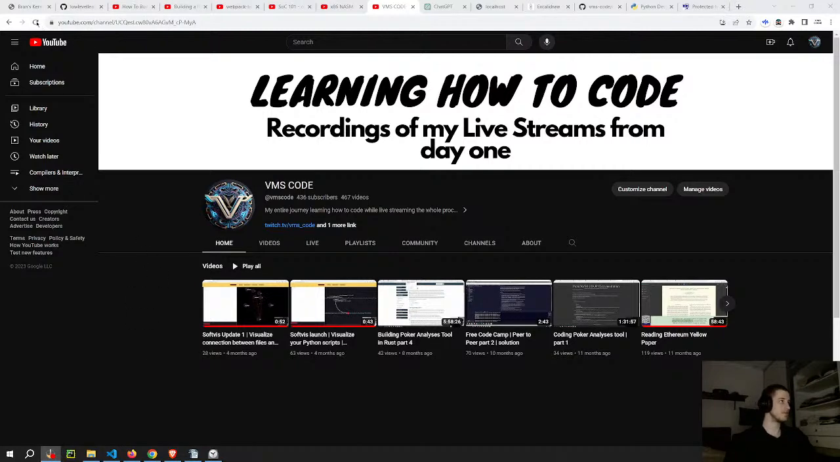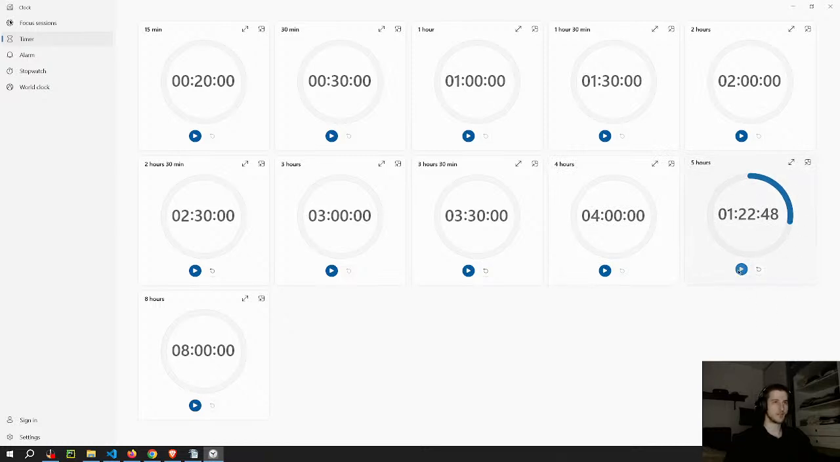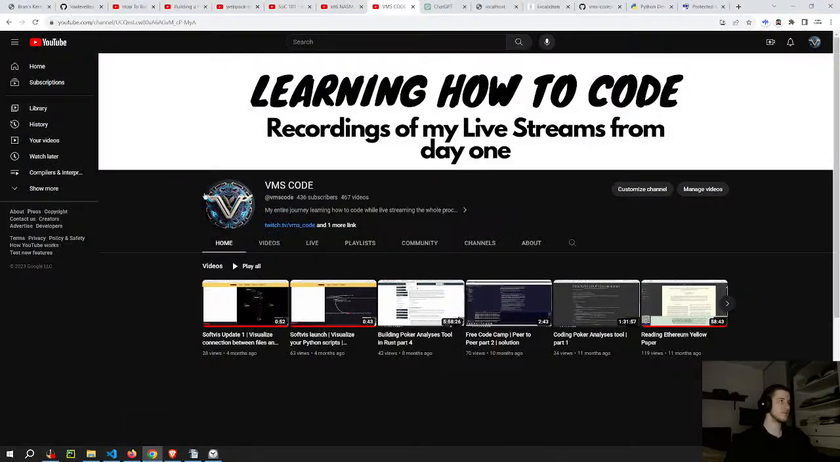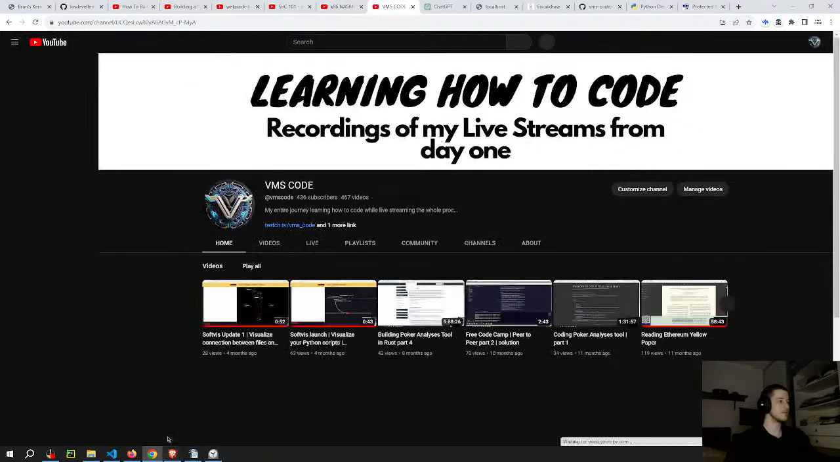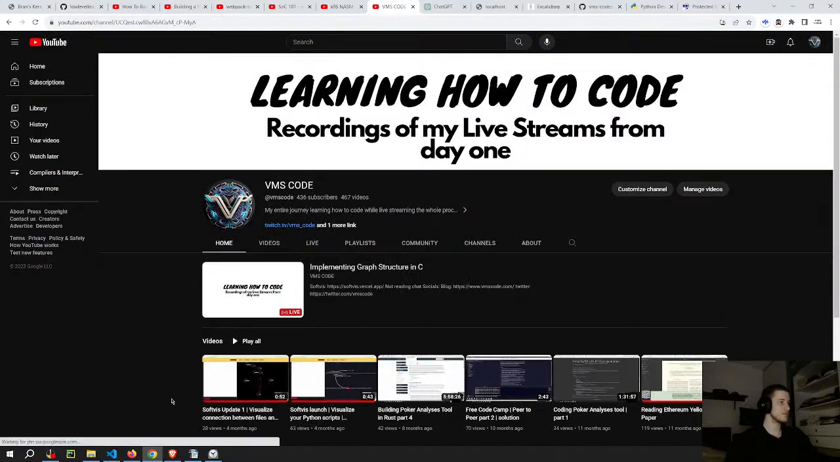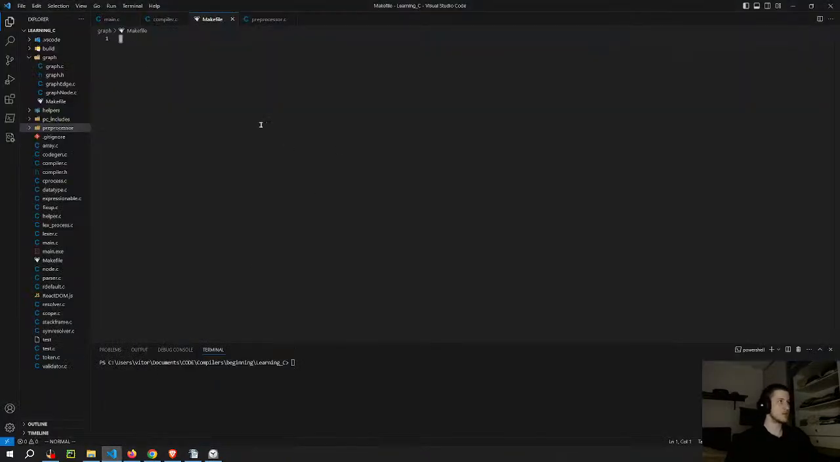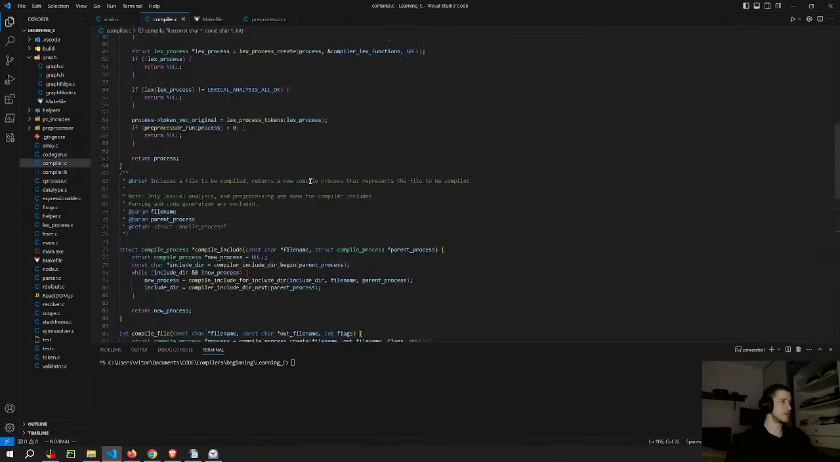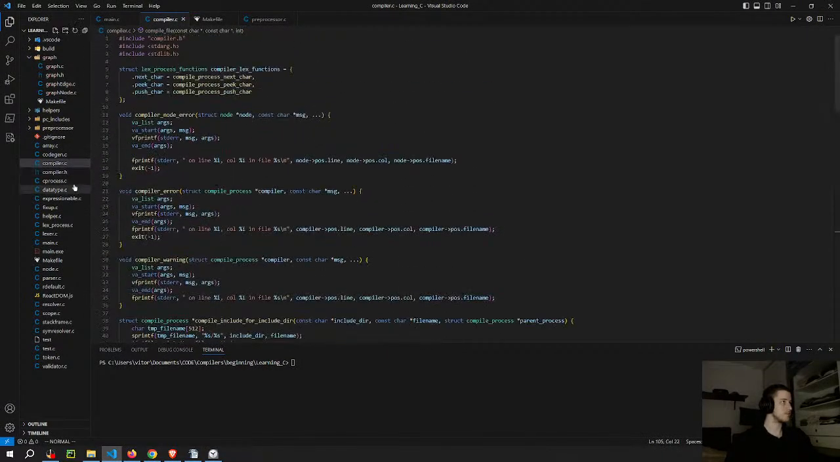So a graph structure on C. And I'm gonna do that for this time here. Not sure how hard it's gonna be, so I don't know how long it's gonna take. I think I'm going to look at the other functions that he did on the other project, and I'm gonna